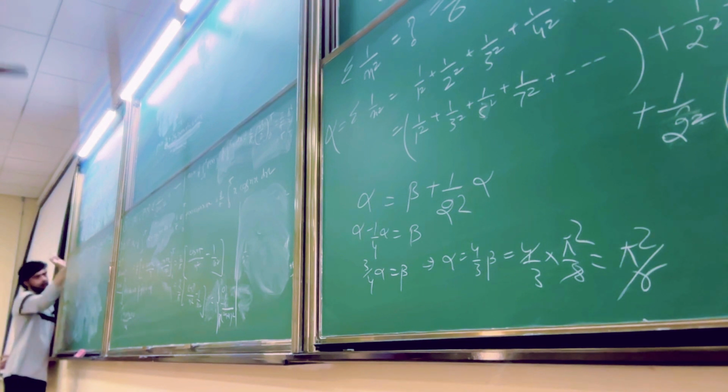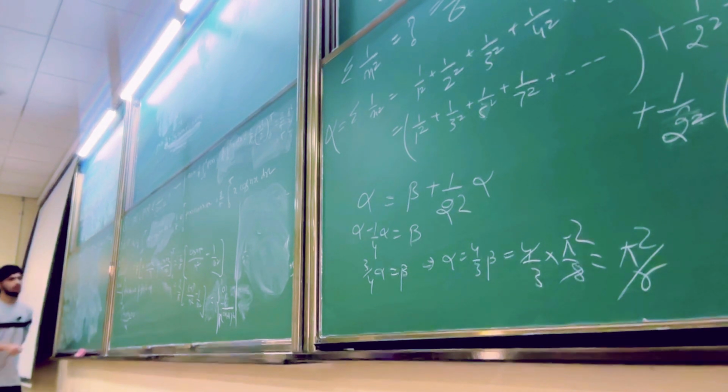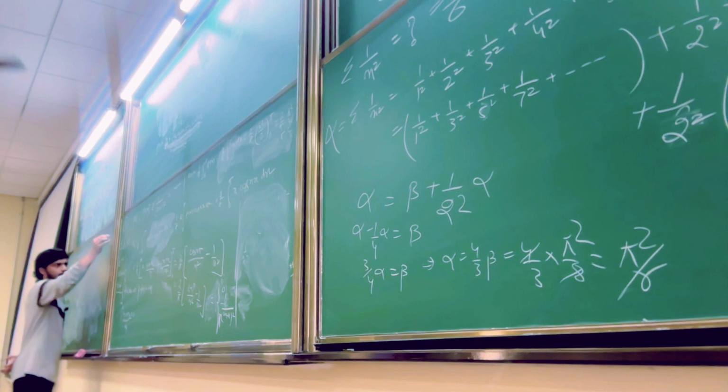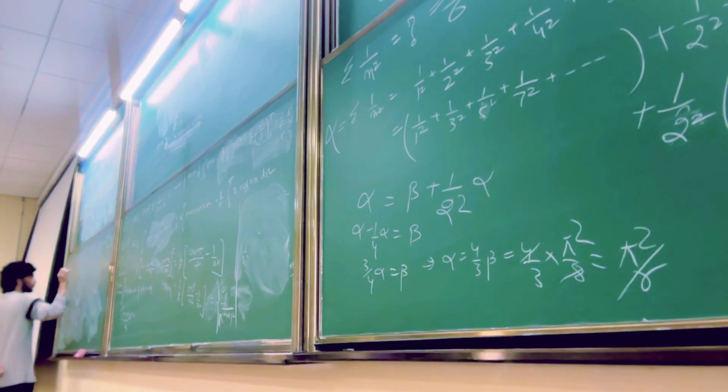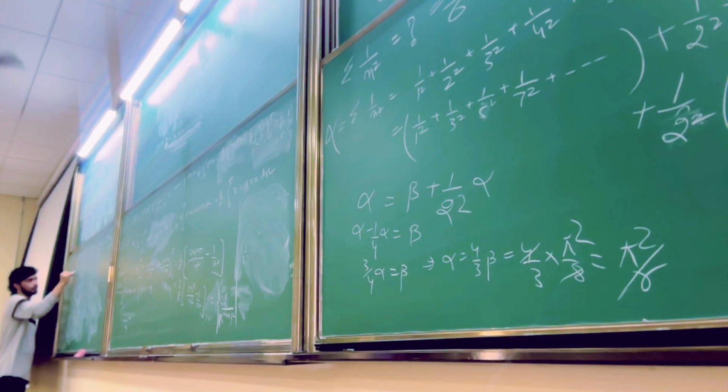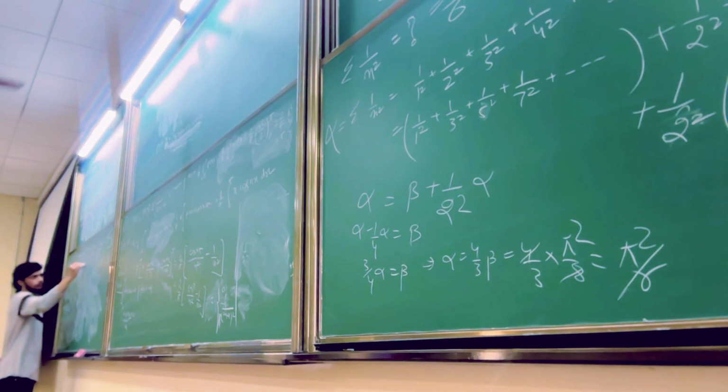In one place 2n plus 1, other place only 2n. So this is going to be n pi. If this is n pi, this is going to be 0. If this is going to be 0, now we only have this n. Summation 2 upon 2n plus 1, minus 1 raised to power